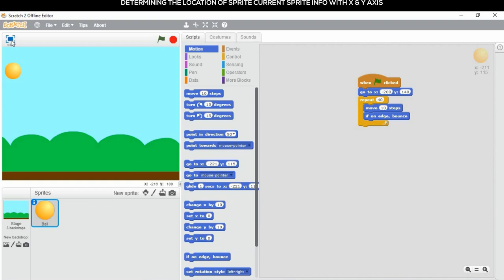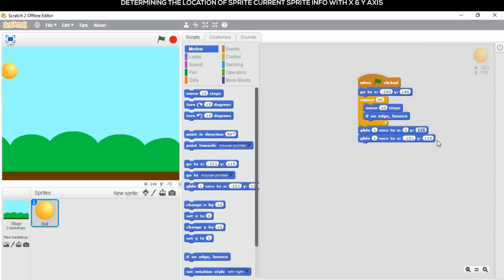So I am adding this, and next, as usual, we know the function of a glide. So I am adding a glide block, and I am going to set the position of X. Okay children, here the position of X is 0 and the Y position is minus 180. See, now it actually starts moving.